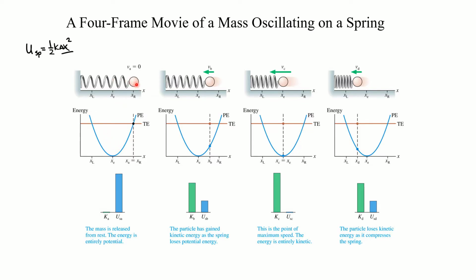When I pull it to the right, I've given this system some potential energy and it's at rest. So that defines my total energy, that constant. And when I let it go, we can also keep track of the energies in these bar graph sort of charts, where at the start, I've got all the energy in the potential energy of the spring at point A. I let it go. That object, that mass, starts moving to the left with some speed. So it goes down to a lower potential energy, but now it has this large kinetic energy here.